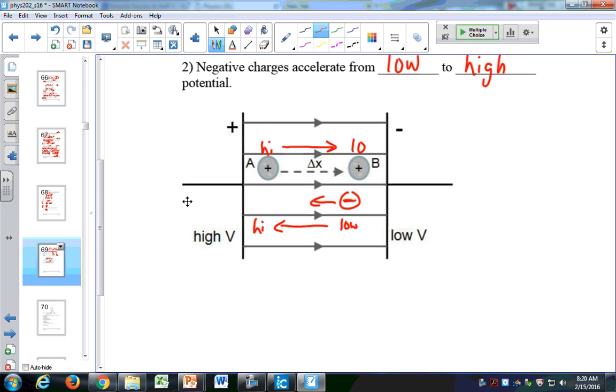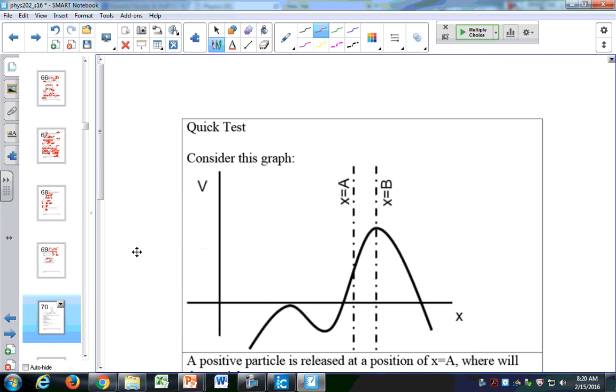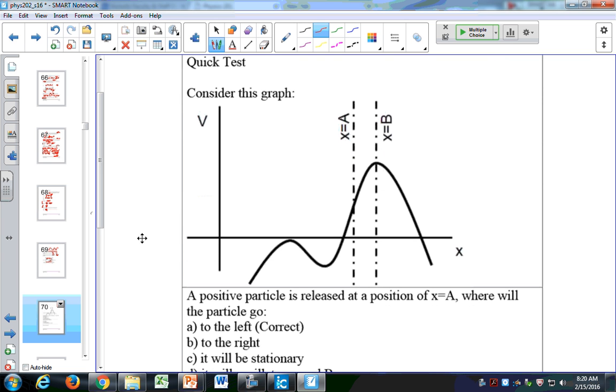Any of y'all in PChem? Okay, I think that you will get into that when you go into quantum. So we'll just sort of mention it here. Let's do this little quick test. Let's imagine that you have this,